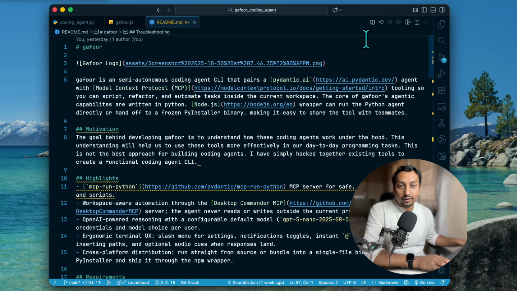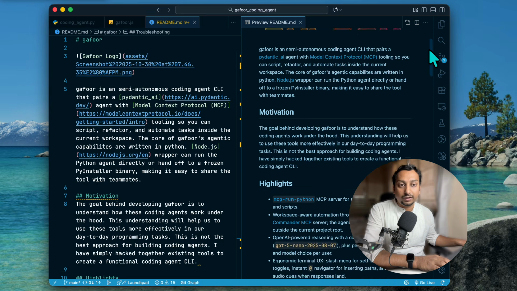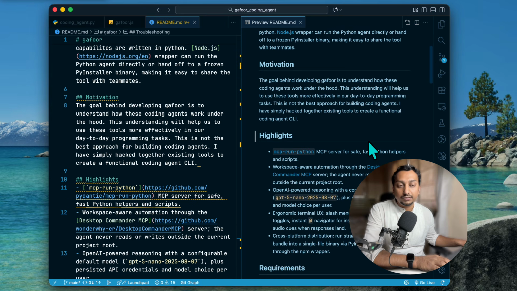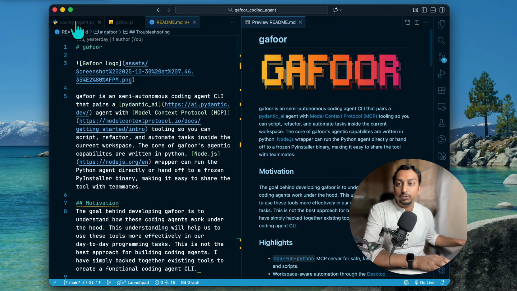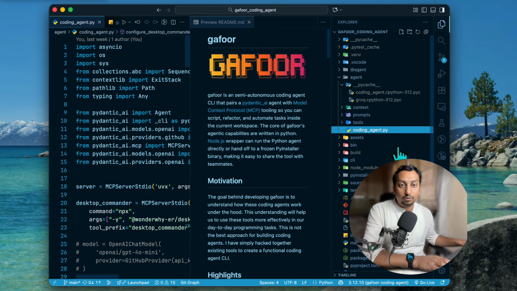So I do have a very well written Gafur documentation. The README file consists of a lot of things that are part of Gafur at the moment that you can use and do things that you want to do. Okay, so one more thing, if you do decide to learn from what I have implemented, clone this repo